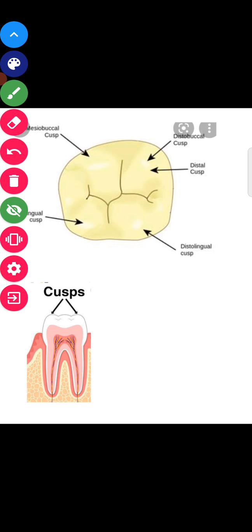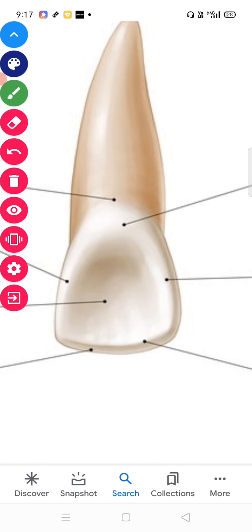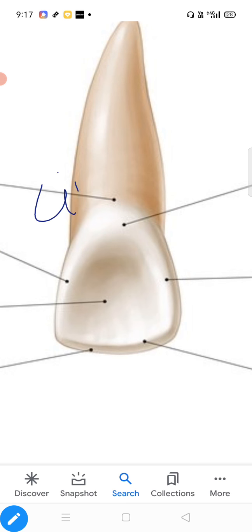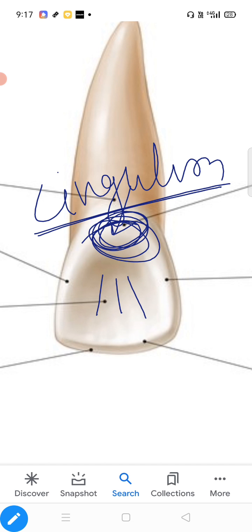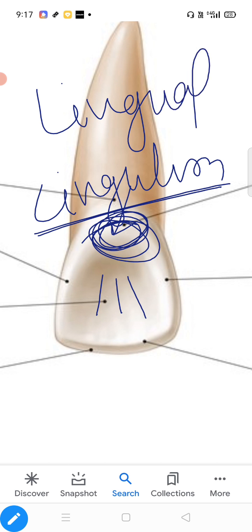Next elevation that we talk about is the cingulum. So this is a cingulum. Wait, let me show you. This is the cingulum. What do we define the cingulum as? I say that the cingulum is the elevation present on the lingual side. Or better, I can define it as the lingual lobe of the tooth is the cingulum. It is the lingual lobe present on the surface of the tooth, obviously along the lingual surface. We know this is the lingual aspect and it's present along the lingual side. It's the lingual lobe.